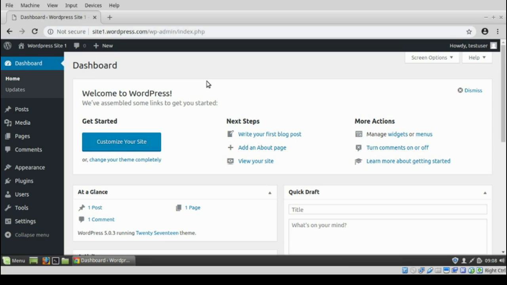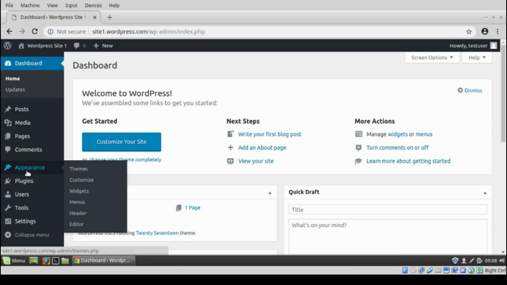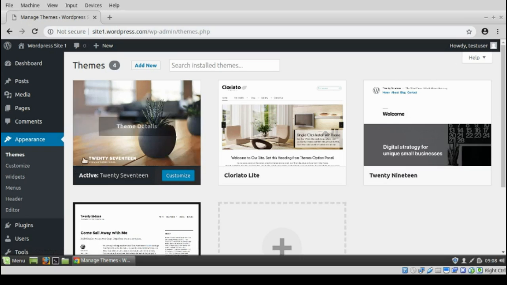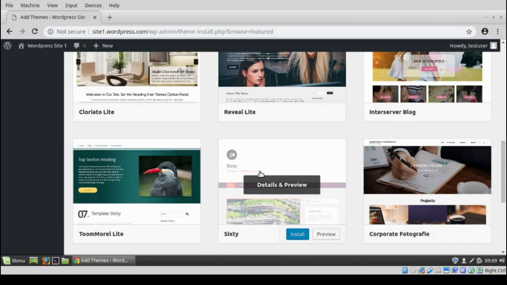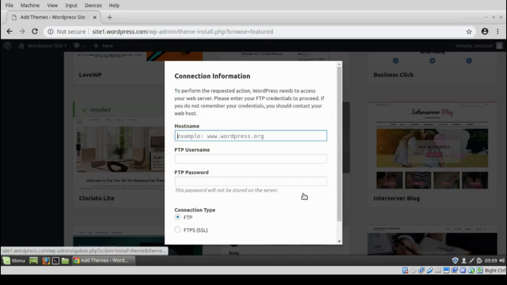And one other thing I want to show you is when we try to add things like themes, if we want to add a new theme, there's a couple of things we need to do out of the box. So if I add a new theme, and I pick one of these, let's pick this one. Click install. Alright, first thing that's going to happen, it's going to show you a pop-up dialog asking you to provide your FTP credentials. But because we are on a local host, we really don't have any FTP. We're doing everything locally. So in order to get rid of this message, or to prevent this from happening on a local host,